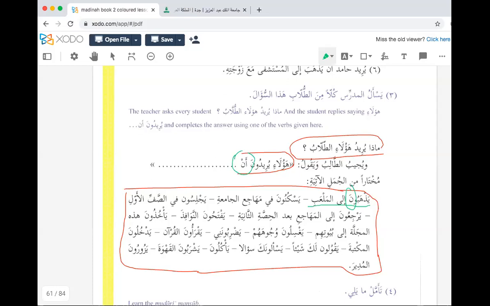But yeah, you were there when we studied the verb after an is mansoob. But if the alamatul rafa is noon, then the alamatul nasb is hadf noon, removing the noon. Yeah. جيد؟ نمشي طيب. عبد الله خليل ماذا يريد هؤلاء الطلاب؟